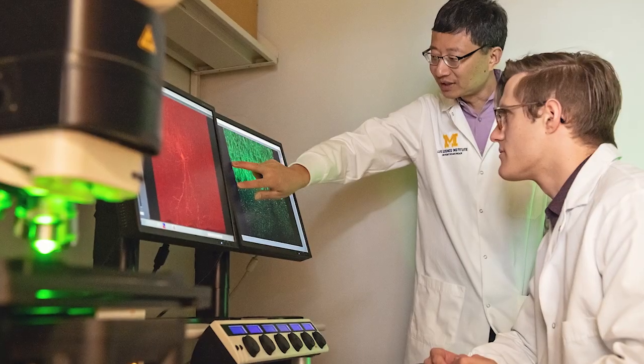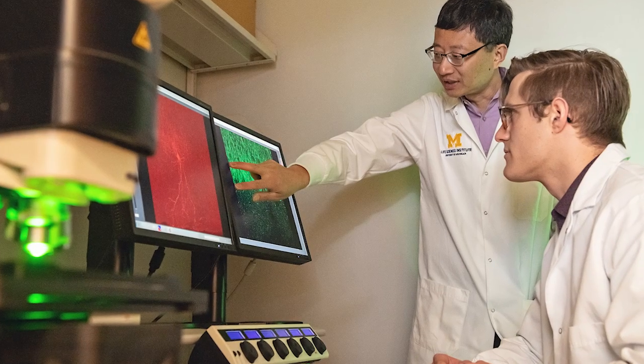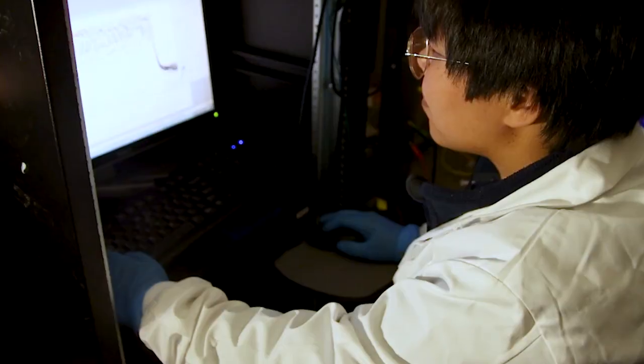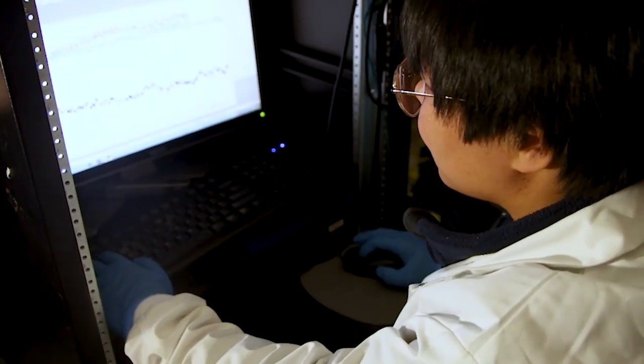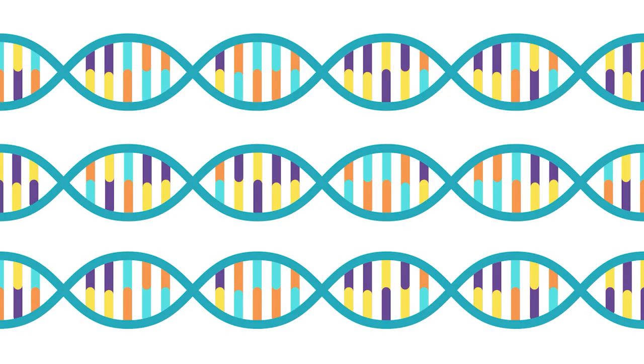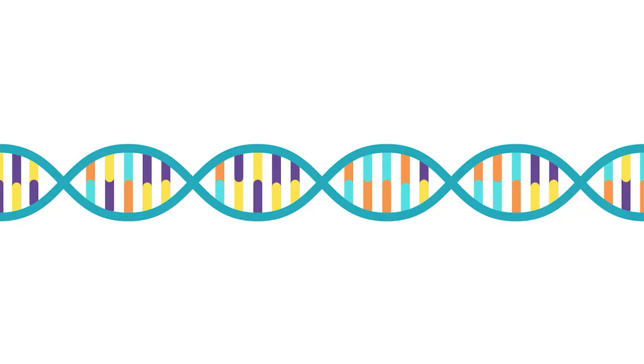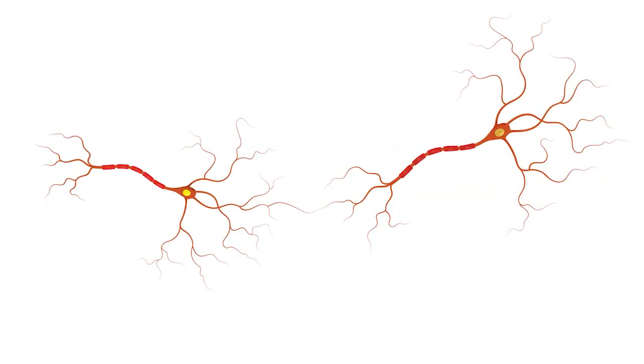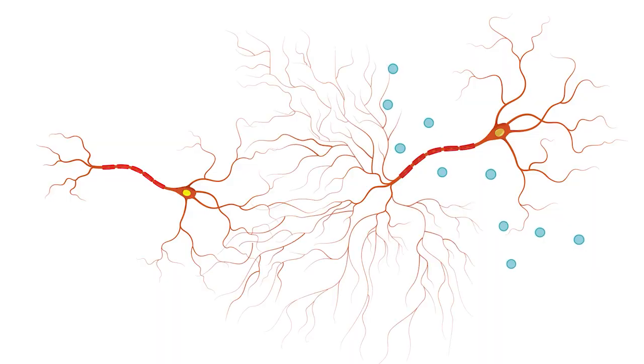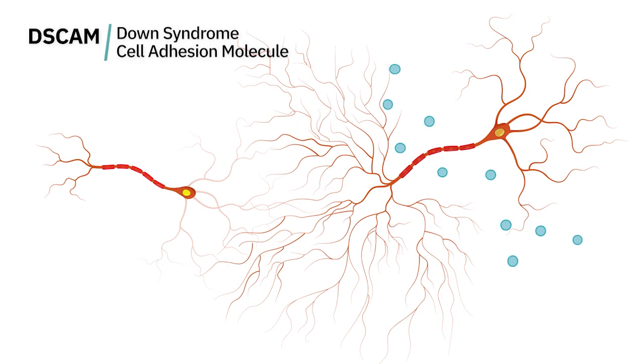One of the things that we did early in my lab was to systematically test a number of genes for their involvement in different parts of the neuron. We found one gene that has very interesting effects on neurons' development. It turned out the amount of this protein determines how big the neuron's part that forms to connect to the next neuron is. The gene that produces this protein is called DSCAM, or Down syndrome cell adhesion molecule gene.